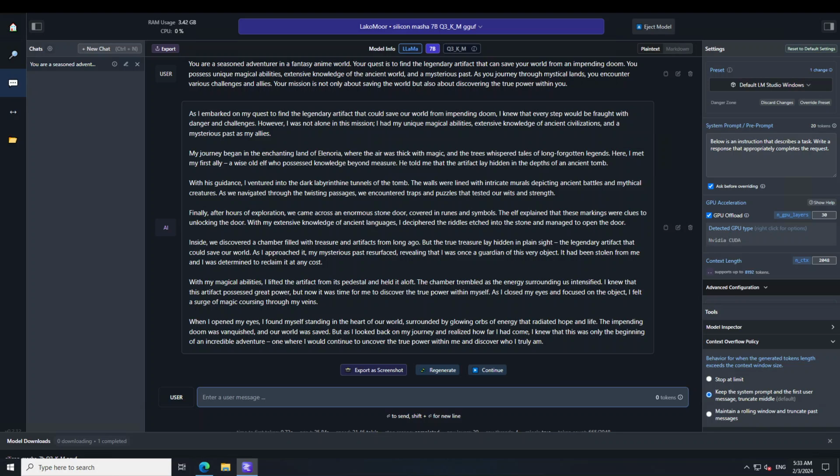And then it is saying that with this guidance, I ventured into the dark labyrinthine tunnels of the tomb. And then finally, after hours of exploration, we came across an enormous stone door covered in runes and symbols. Amazing. So rune is an ancient language of Vikings, I guess. And then there's a chamber with my magic, and then it is telling about its magical abilities. Okay, so let me